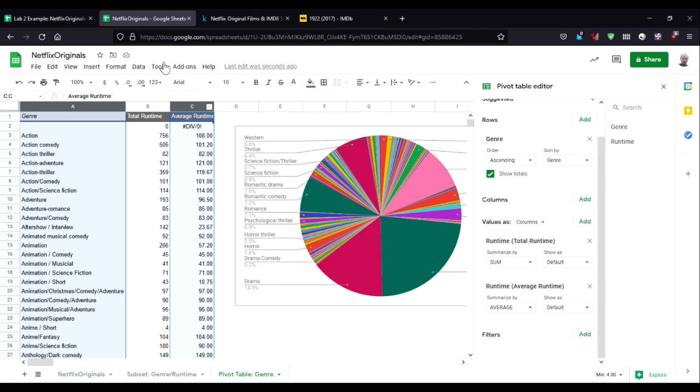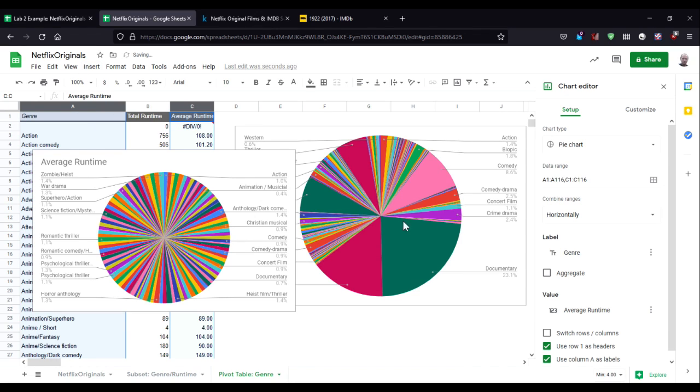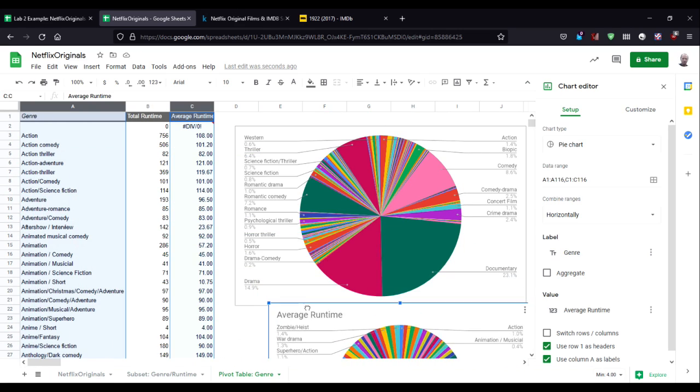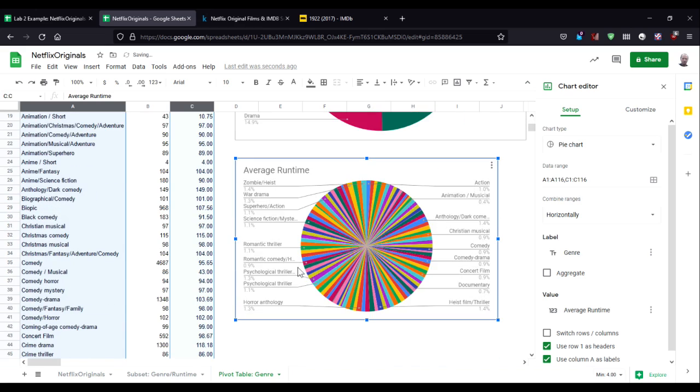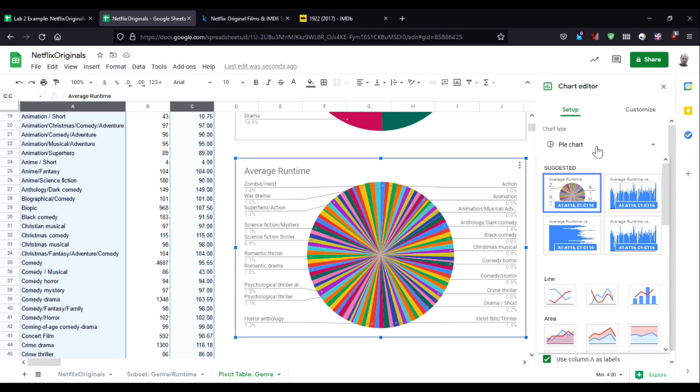From these, I would like to insert a new chart. This one comes up by default as the same type as the previous, another pie graph. And you know I like pie graphs. That's nice, but it's not really appropriate for this visualization. It makes for this really psychedelic looking pie graph, but it doesn't give us a way to interpret the data usefully. I'm going to change this type from pie chart to instead